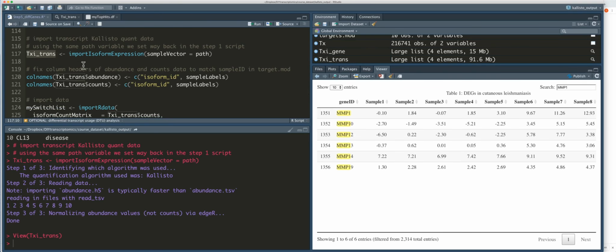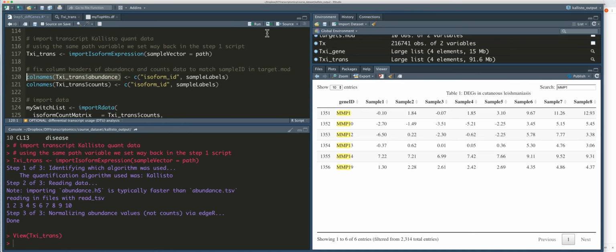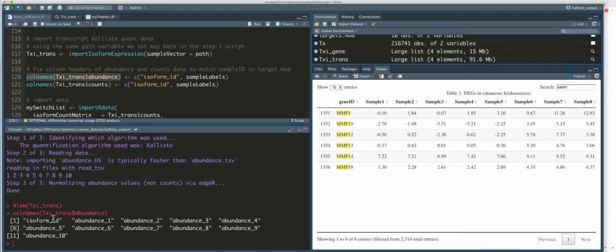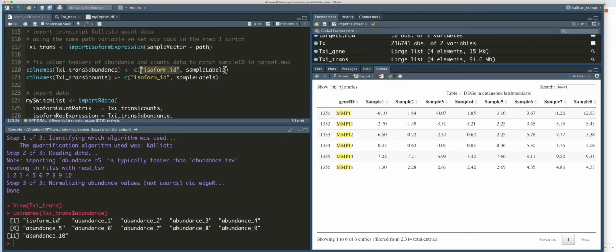Okay. Now that I have this, if you look at the column names of the abundance, here it is, the abundance and the counts, it's stripped off the column names. We can take a look at what those are. Currently, they're isoform ID and an abundance underscore 1 through 10. So I want to leave that first column to be named isoform ID, and I think it's important I don't change that. I feel like that's needed. It's going to look for that column header down below. But I'm going to use my sample labels to populate the rest of the column headers. So I can supply that just as a